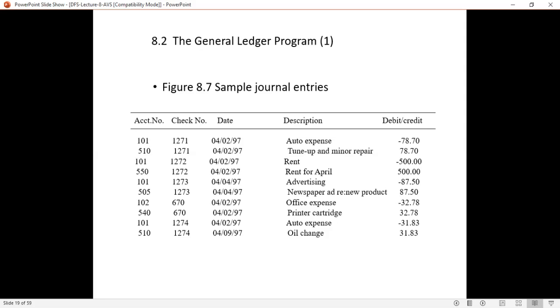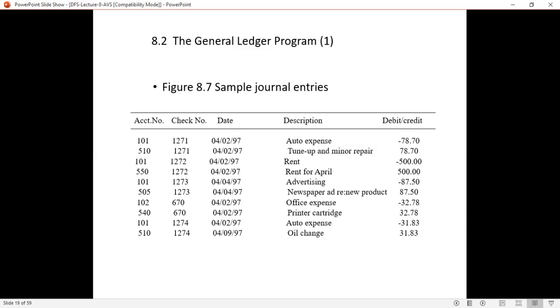That is, for each month you will have the previous account balance and the new balance. And in the journal file, usually you have the monthly transactions of all the expenses, debit or credit. At the end of the month, this journal file has to be posted to the ledger file to update the ledger file.